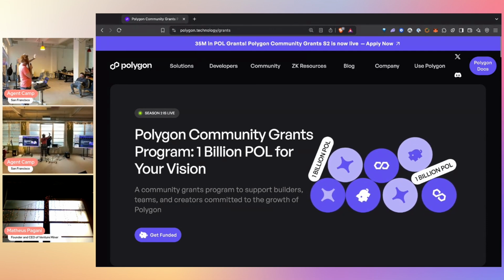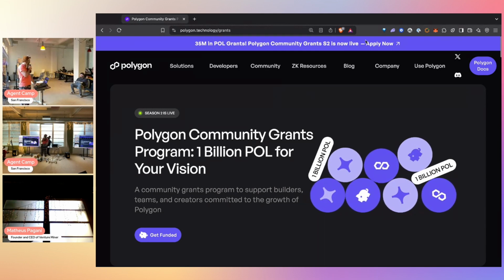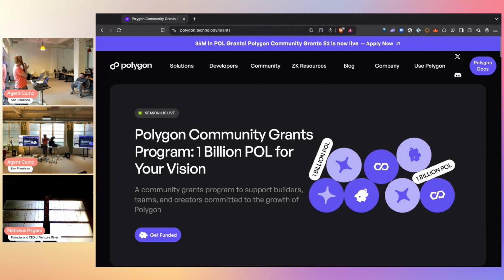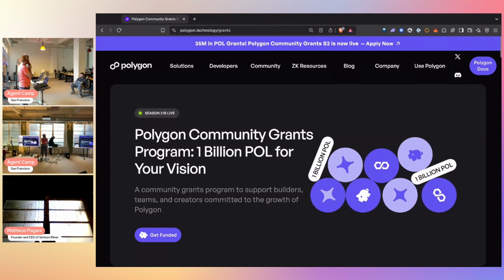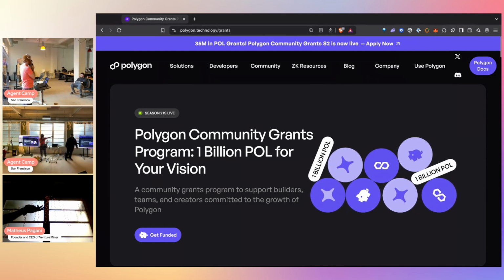Why? Anyone know why proof of stake was better than proof of work? Anybody? It takes less time for the transactions. That's right. The consensus method for proof of stake is much simpler. You have less people who are competing for resources, and you don't have to have large amounts of servers. So also the consensus mechanism is simpler. There's maybe a smaller subset of validators who approve that transaction. And so proof of stake also benefits the environment in that it uses a lot less electricity.